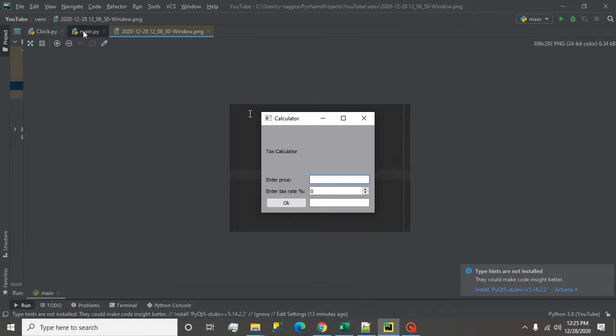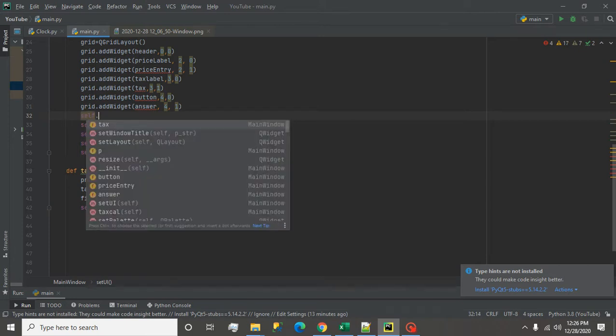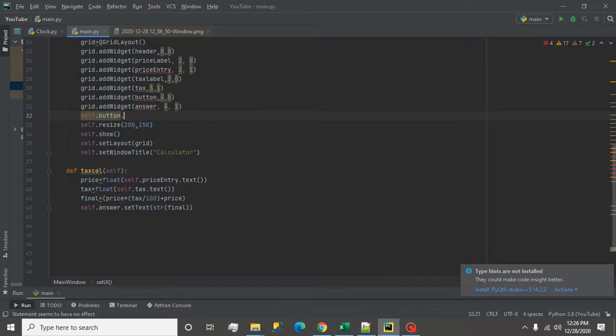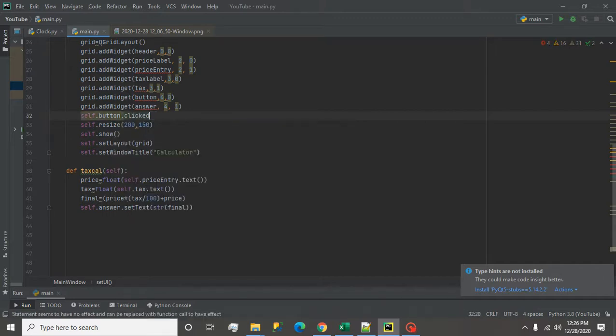So I go to the main file and write self dot button dot clicked, and when it is clicked, then connect it.